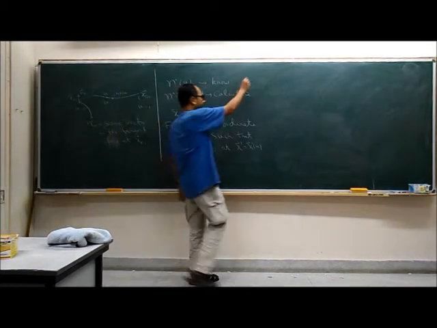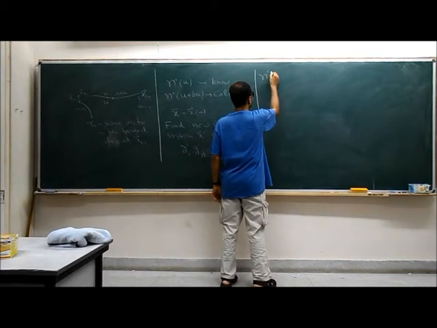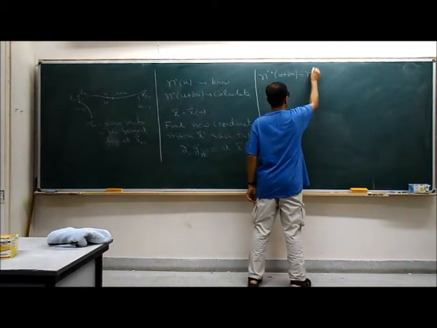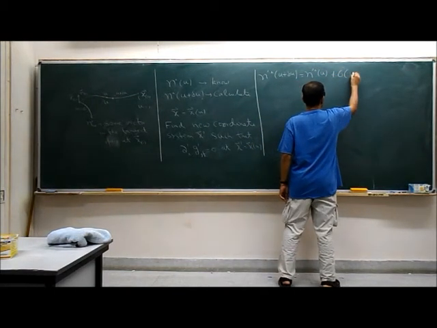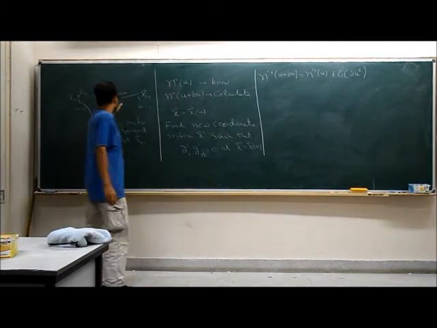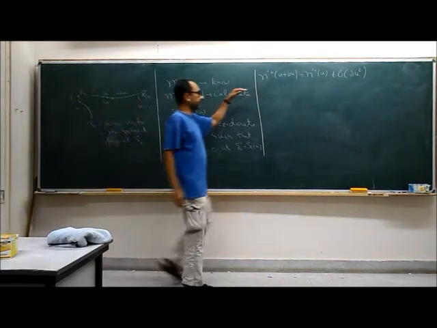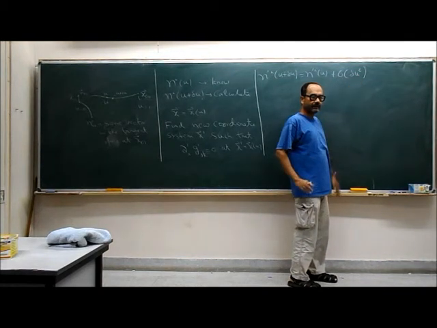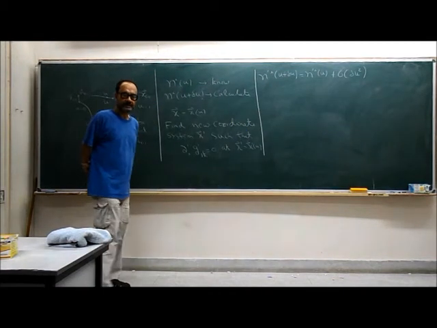Then we know that by definition, the parallel transport rule is that n prime i of u plus delta u is equal to n prime i of u plus order delta u square. We wrote it as delta x square, but delta x is of the same order as delta u. So n prime of u plus delta u differs from n prime of u by order delta u square, but only in this specific coordinate system. Is this clear?